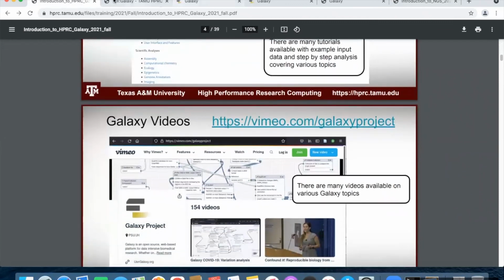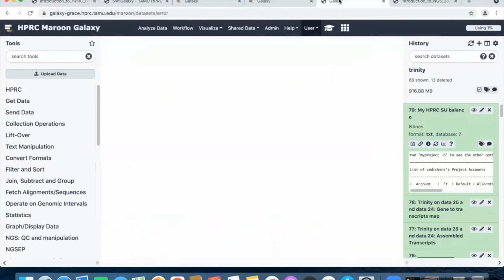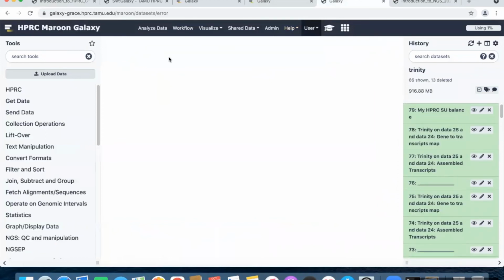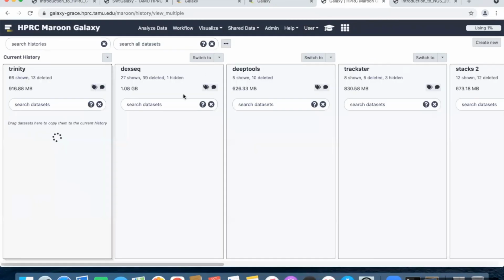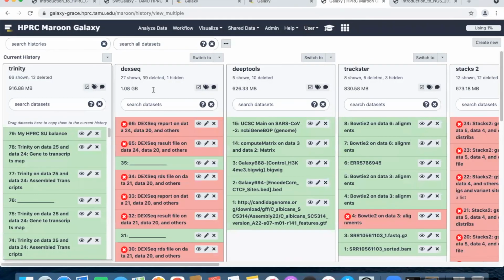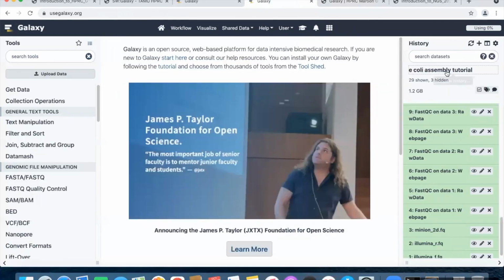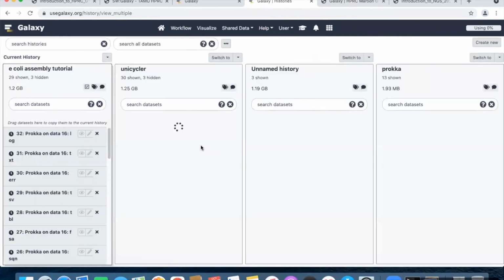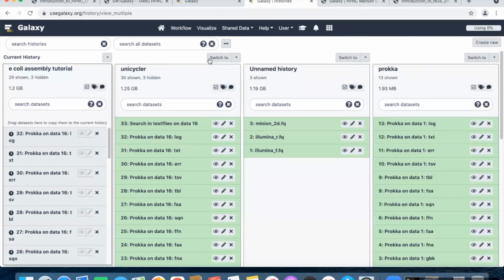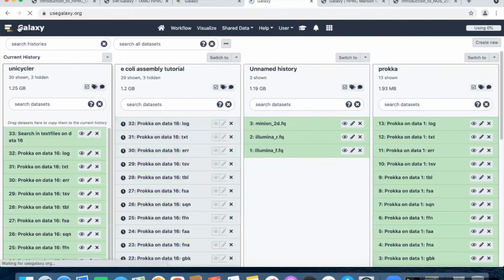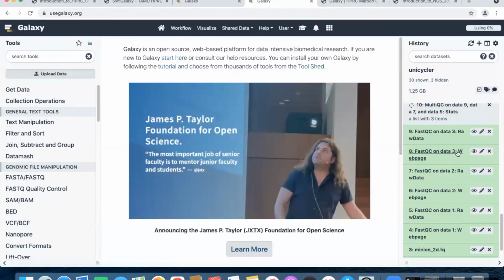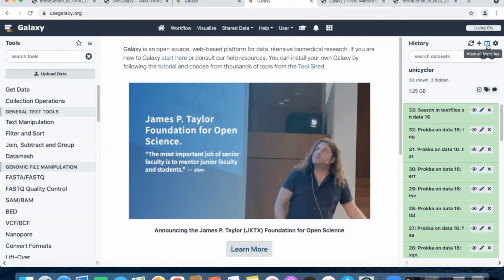One more thing I need to show you, that's a workflow. So this is Galaxy. Let me go to Use Galaxy. Let's just say I want to save this workflow so that I don't have to configure all these tools again in the future. So what I can do is I can select